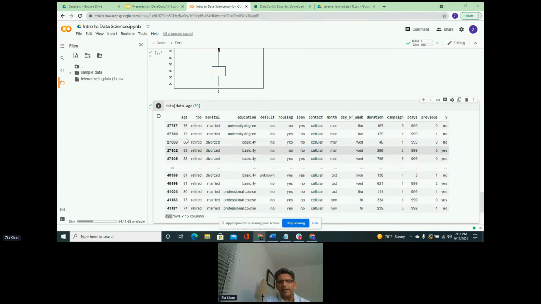It's not going to be like everything is above 70, but you can see only 10 rows here out of a total of 422 rows. And you can look at that data however you want to slice it and dice it. But this is one of the ways of filtering the data and trying to understand what the outliers are, and what information you can find for those outliers.